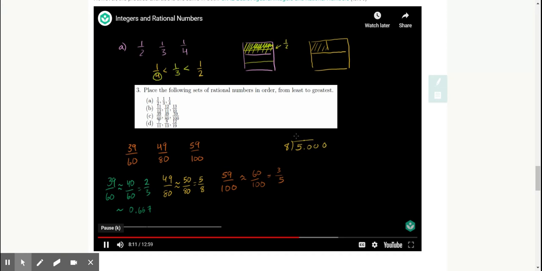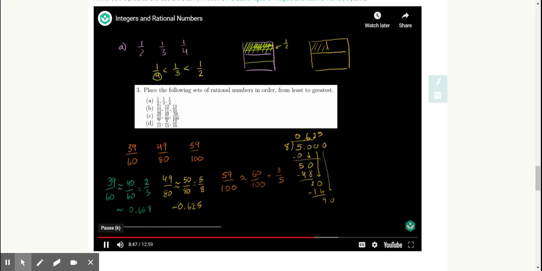8 goes into 5 0 times. 0 times 8 is 0. 5 minus 0 is 5. Bring down this 0. 8 goes into 50 6 times. 6 times 8 is 48. 50 minus 48 is 2. Bring down a 0. 8 goes into 20 2 times. 2 times 8 is 16. Subtract, we get a 4. Bring down this 0. 40. 8 goes into 40 5 times. So this right here is